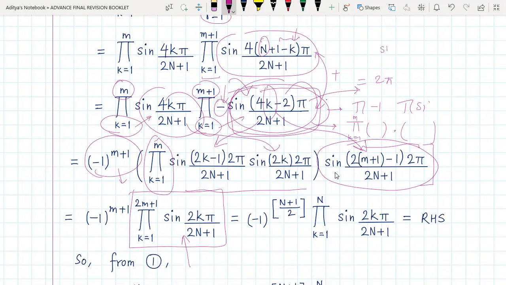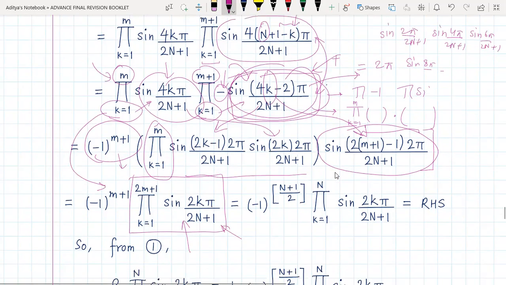So it becomes sine of, 4 twos are 4, minus 2 is 2 pi upon 2n plus 1. Then you put k equal to 1 here. So it will generate sine 4 pi upon 2n plus 1. Then you put k equal to 2 here. So it will become 8 minus 2, 6 pi upon 2n plus 1. So basically rearranging here could have also led us to the same result, and then going on up till the very end, we could have easily observed there also that this product actually becomes this only.